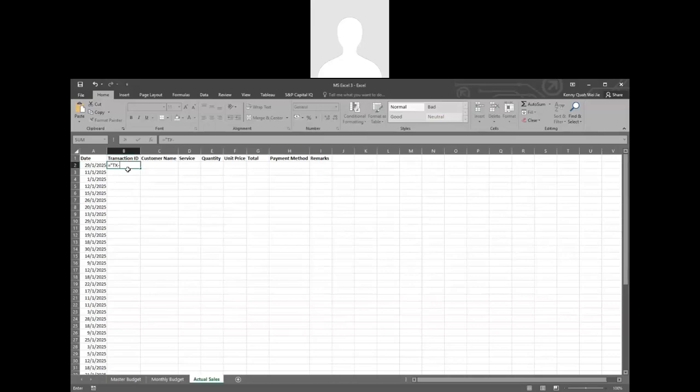We are trying to create a pre-sequence numbering, based on just for fun, right? The row. So it will start with TX and then we put an ampersand, which means it will join with another text. The TEXT